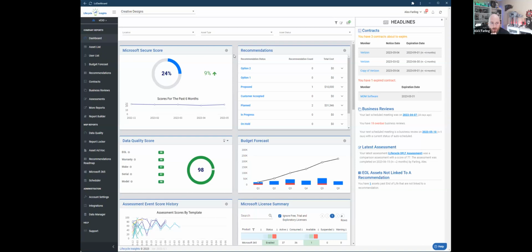So we've talked about tags in two places, right? We talked about them in the recommendations. We talked about them on assessments. Let's go look at our final place that we use tags, which we were just kind of digging around in, customer success. If you purchase the customer success module,